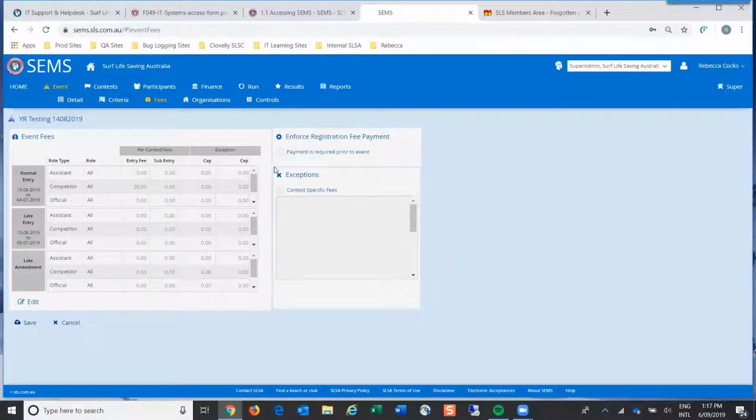You can also see here whether we've enforced that payment is required prior to the event. So if you want to enter someone and you haven't paid for them on the start date of the event, then they will not be able to compete and they won't appear in any round draws. And we can, if the owner of the carnival, put in exceptions. Sometimes an exception would be like for a March Past team. We haven't done anything like that in this one.